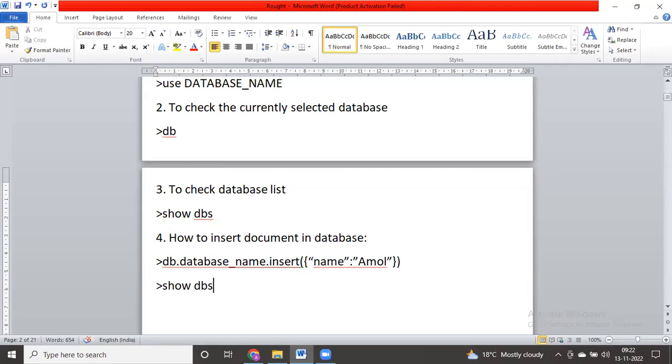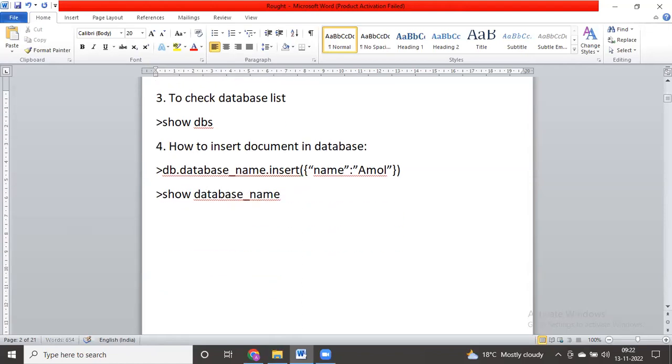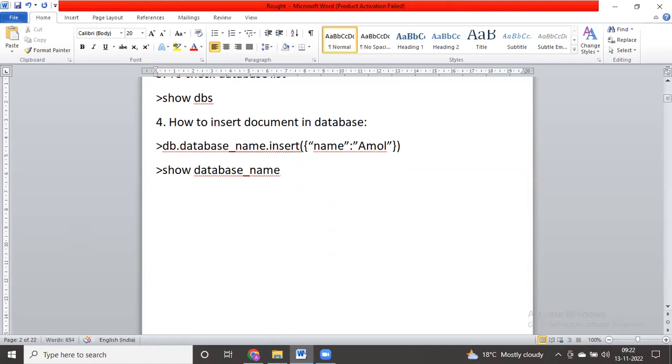So basically here you have to use database, the specific name of that database. Show database name. Clear? Yes, sir. Okay. Now let's come to the next